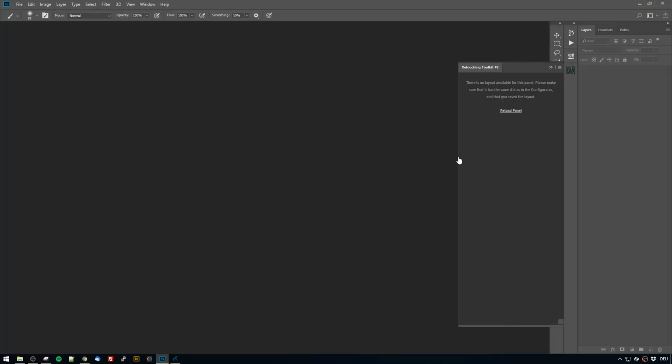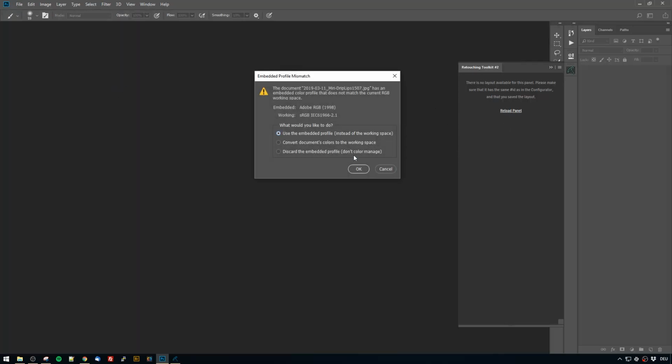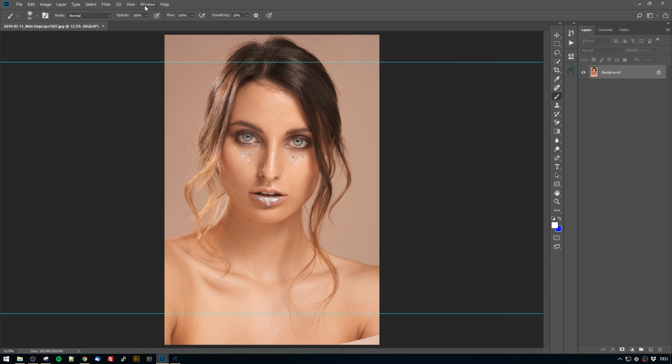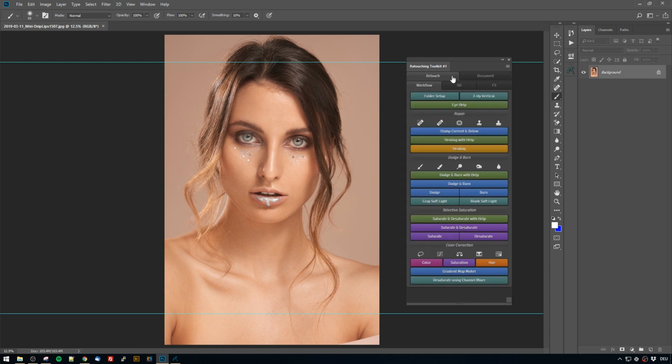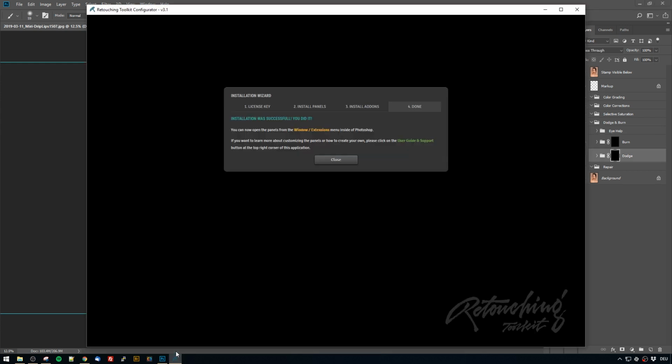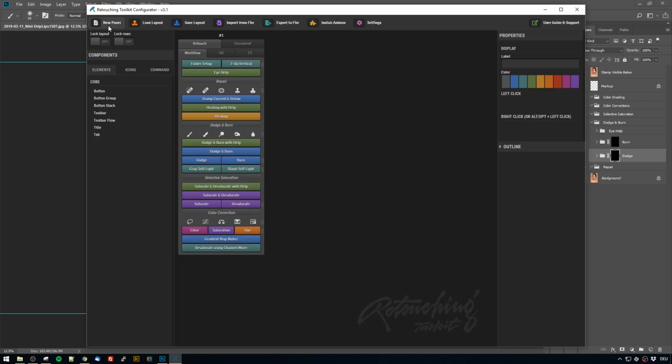So let's open a file, and just open the first panel, and here it is. And obviously it works out of the box. Very simple, very easy, and it does everything as expected. So the installation process is very simple, and obviously you can instantly start to create your own panels by just dragging stuff in. So there's a separate video about